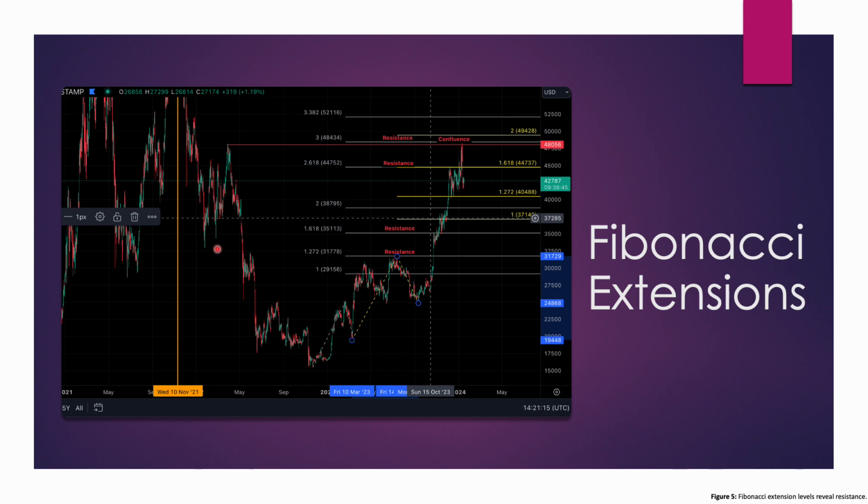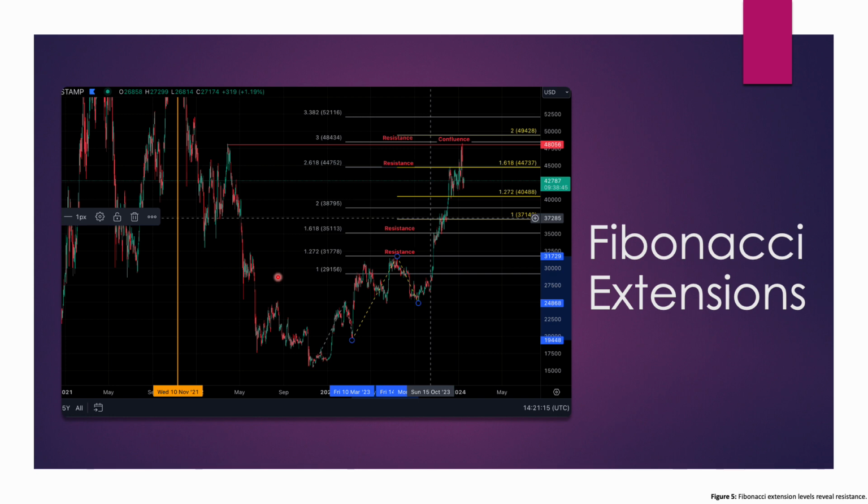For example, let's go over this example. In this example, I pulled two Fibonacci extensions, and I also pulled a horizontal price level. The horizontal price level was the 48K level. Then I pulled the Fibonacci extension from the cycle low to a local top and the low again of 19K, and this is the gray lines that you see. And I took another Fib extension from the 19K low to the 30K high and to the 25K low again,